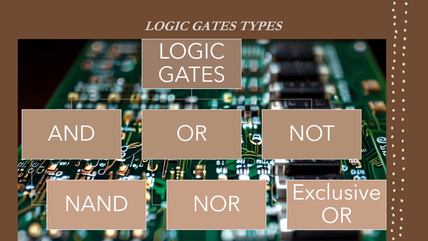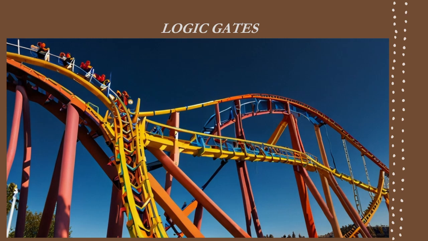Let's understand the concept of logic gates with a real world example. For example, imagine you are at a theme park and you want to ride a roller coaster. The park has some rules to ensure safety. For example, number one is your age restriction. You must be at least 12 years old to ride, and that is called AND gate. Another restriction is height requirement. You must be at least 4 feet tall to ride on the roller coaster. This is again AND gate.